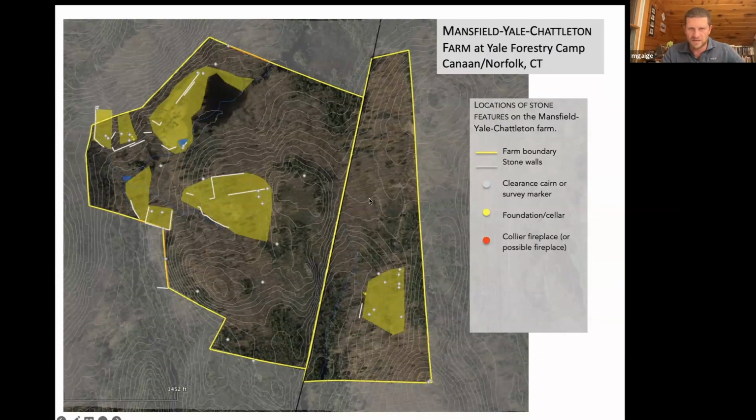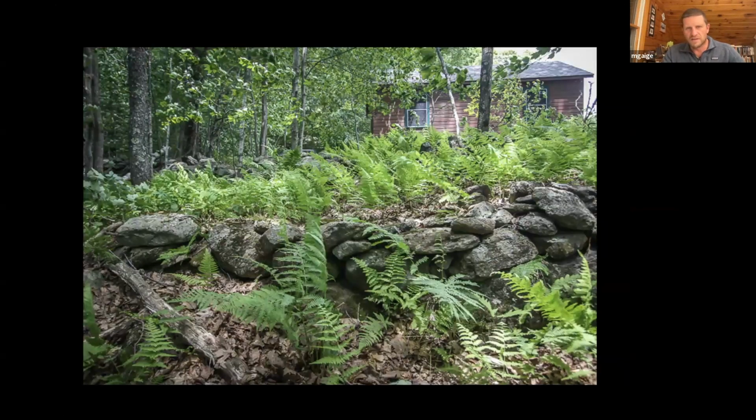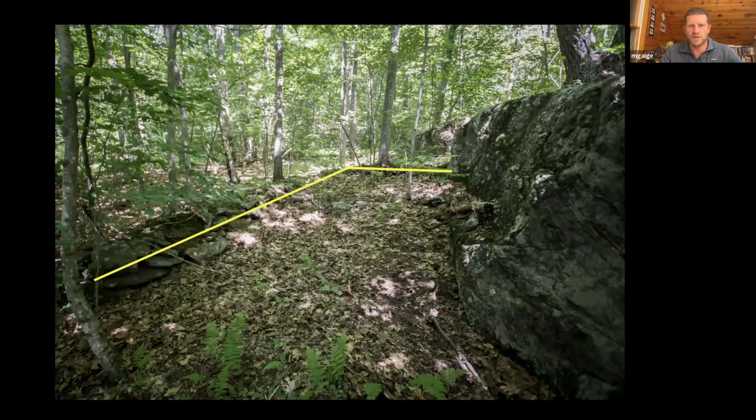There's not smooth ground out here, and there's no stonework out there either. There's this one little satellite area here. We'll talk about that in a little while. So you go wandering around here. This is by the Yale Forestry Camp. Here's a stone wall here. This is where the farm house and all that stuff was, so you'd expect to see stone walls around there. This is a little farther afield, but not too far. These stones are making a little L here. This was the foundation of a barn, maybe 100 to 125 meters away from